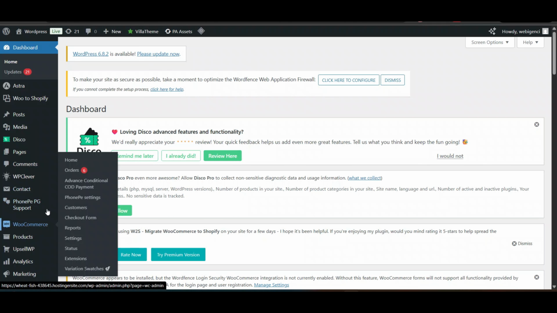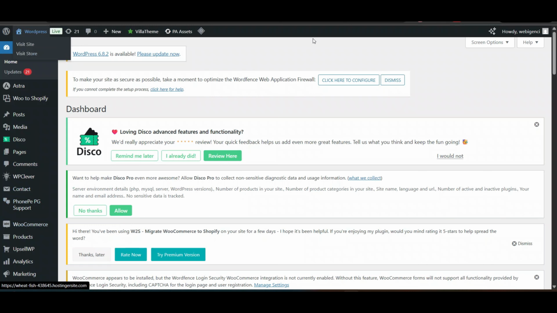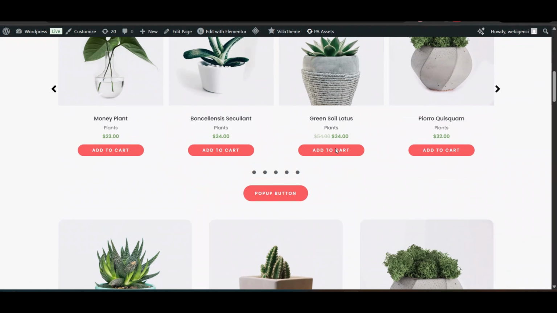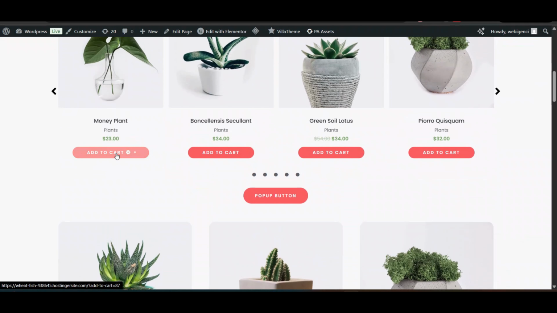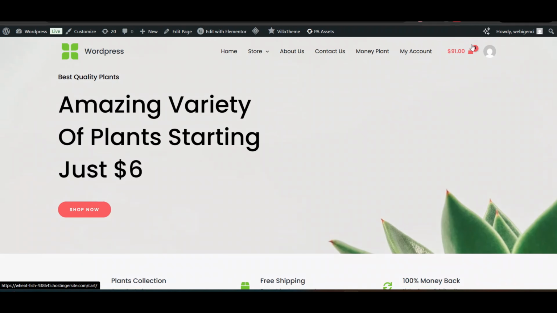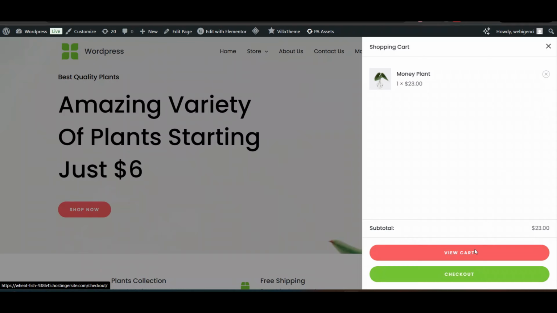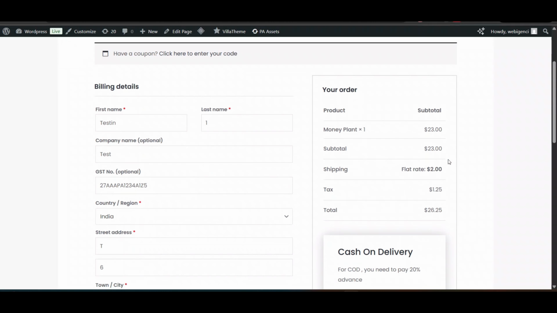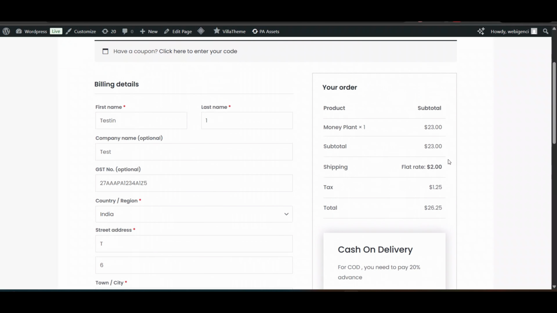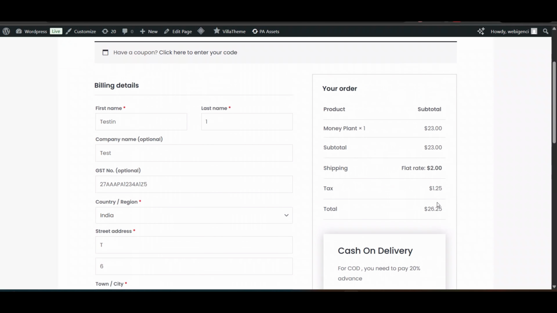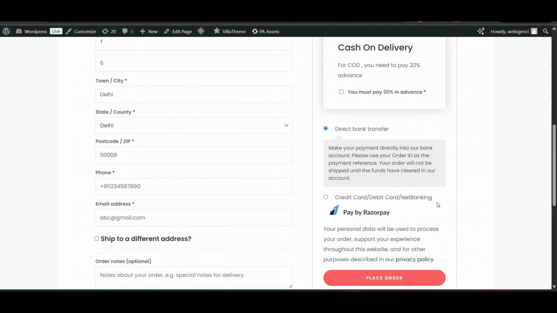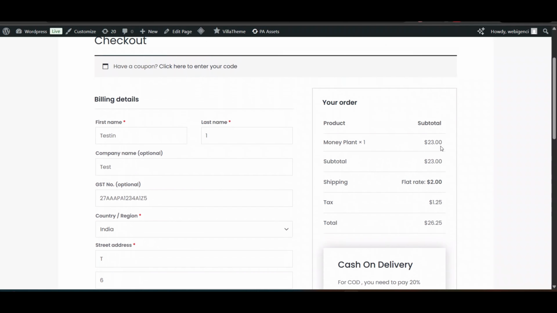So here I'm logged into the admin dashboard of my WordPress. Now, as you can see for my WooCommerce, I can order even for $20, $10, whatever amount I want. But it's not good for the business. I want to set a minimum amount. My products are very low priced, so I want to set a minimum amount like below $20 or $10, you can't place an order. So here you can see there is no minimum order amount. I can place an order even for a $5, $10 product.